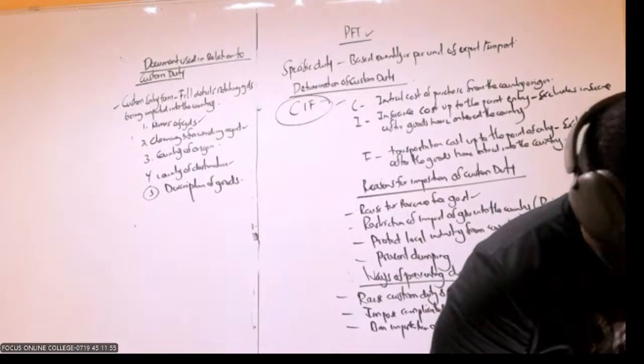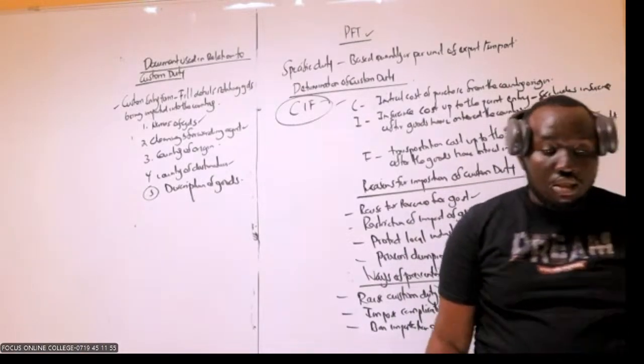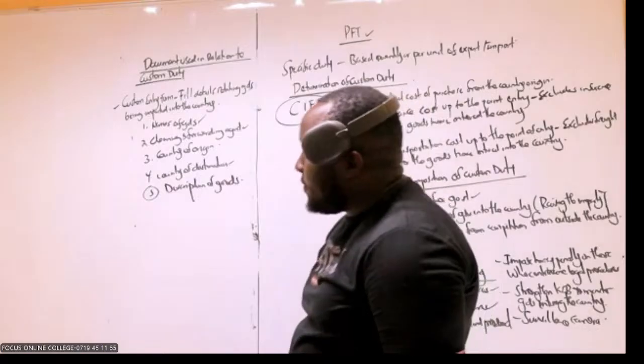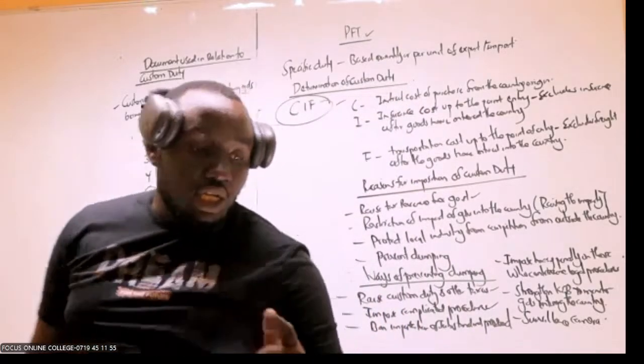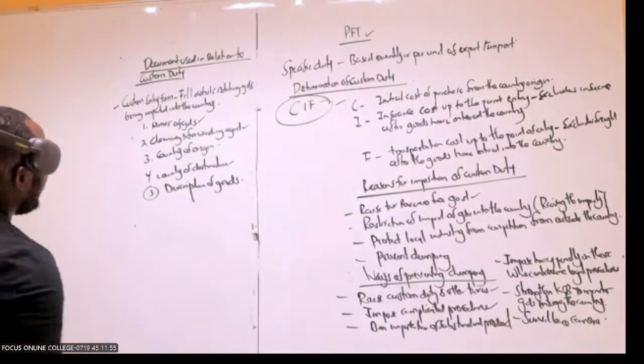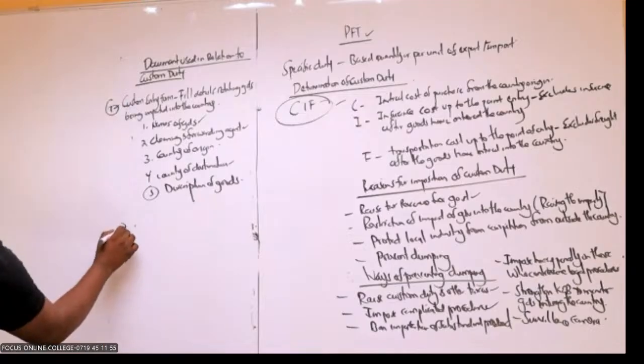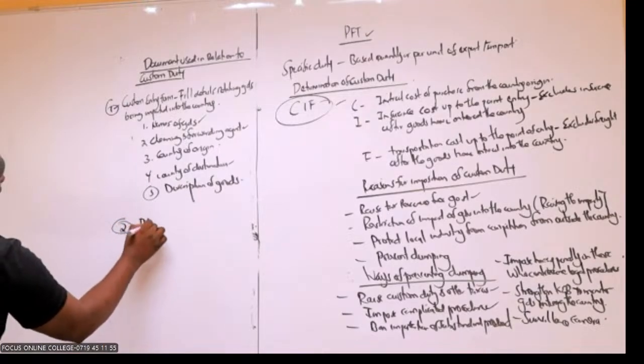Please give me a yes if we are together. That is the first document, the custom entry form. Then the next we call it the bill of